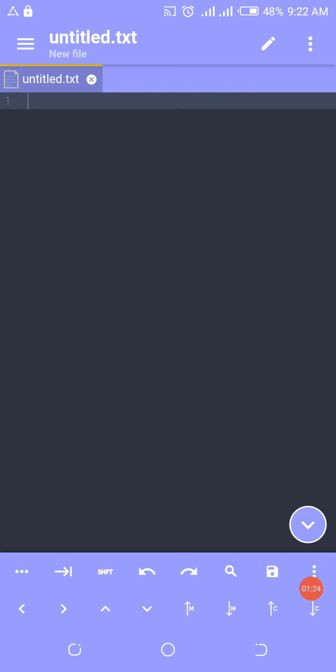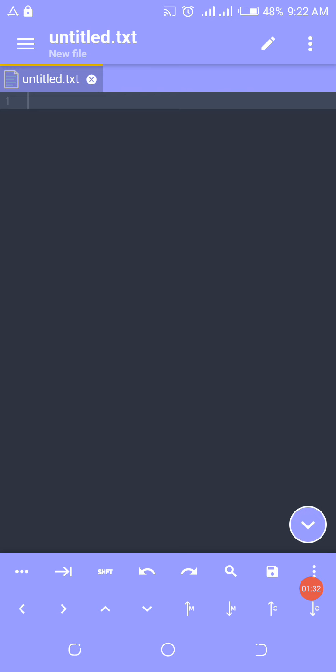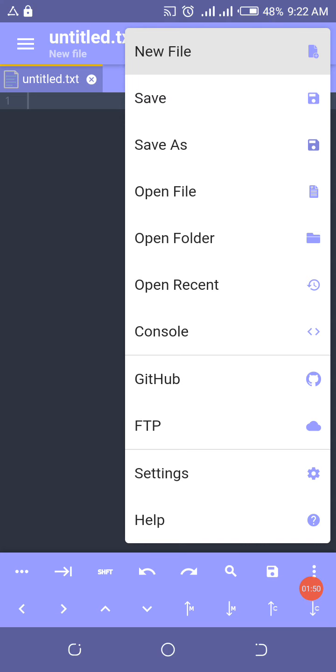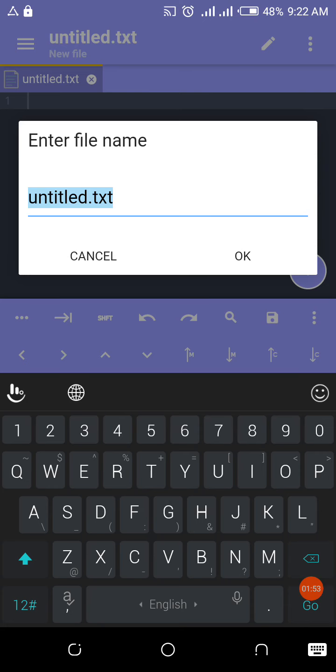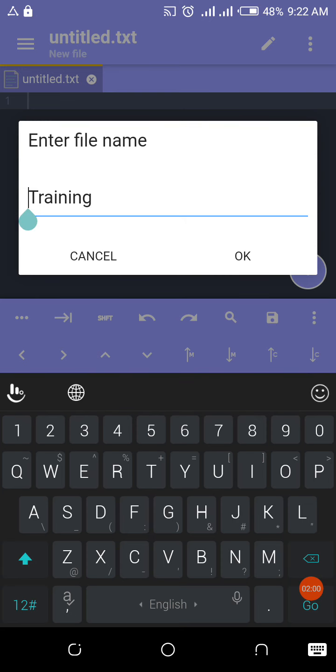Now, starting with our Acode, as we already know, this is our Acode. Clicking on it, it will take me to the initial page, the fresh page. Now, when it takes me to this place, what will I do next? The next thing for me to do is just to create my file. Let me assume nothing is here now. I'll just create new. I'll click on new file, and then I'll give it a title. Let me say training. Let me say HTML